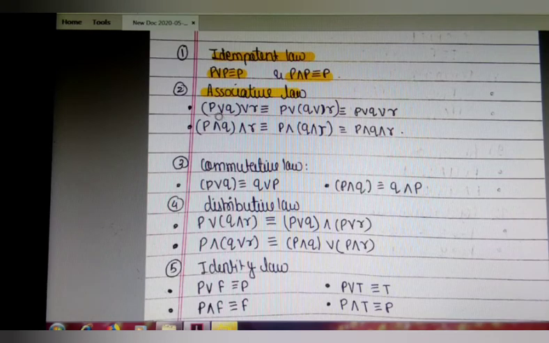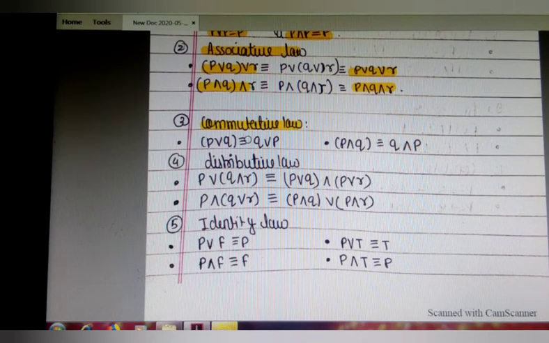In this we have to associate. For example, see here the formula P or Q. Here we have done association like this, P and Q and R. We have done association here. All are combined here. Next topic we are going to study is commutative law. Commutative law is interchanging only the connectives. See, first P or Q is interchanged by Q or P.